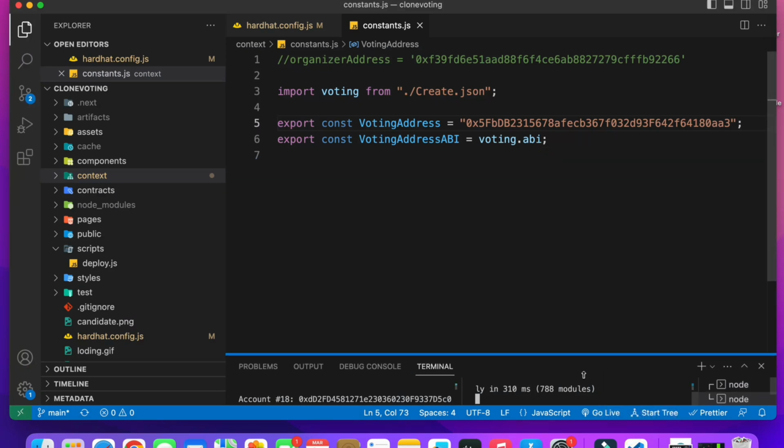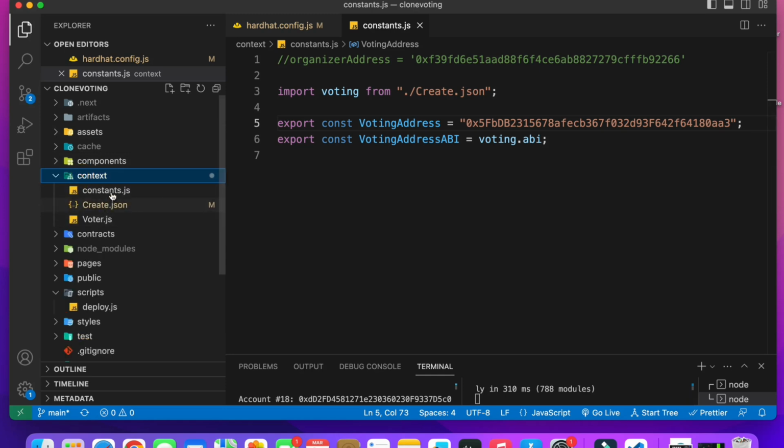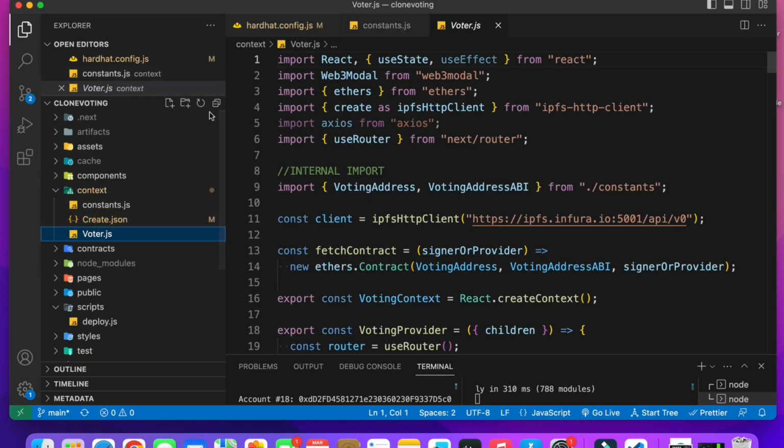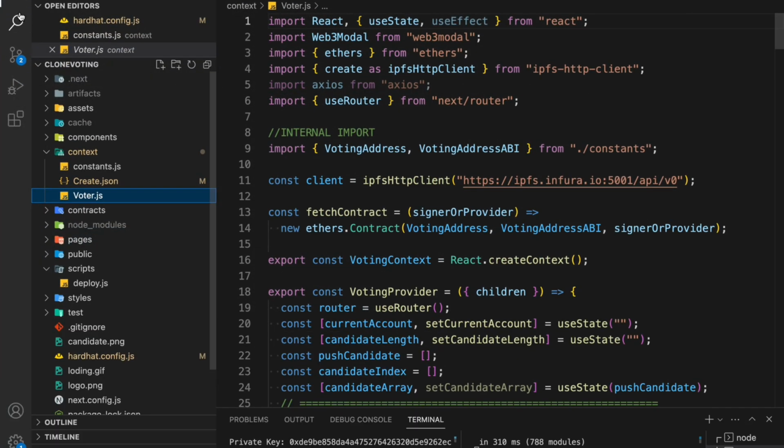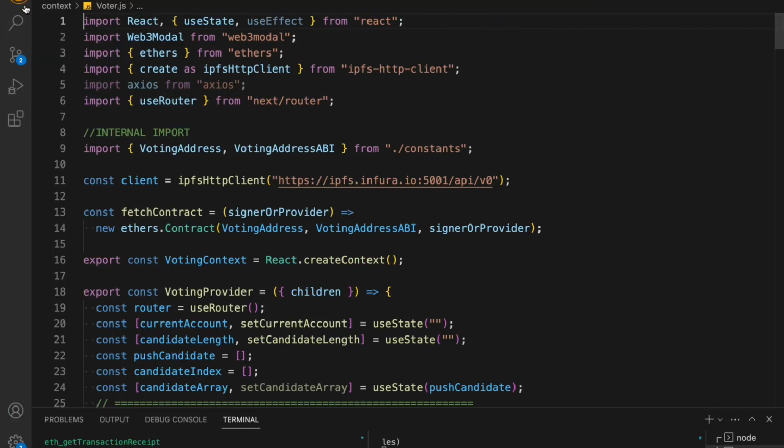to do the changes. So come back to the context. In here, this is the voter, and here we have to do the changes. Let me make it full screen. Right now you can see that earlier when I built this project, at that time this was the global endpoint for uploading data to the IPFS, and we got this endpoint from Infura. But right now this global endpoint is not working. You have to get your own credential